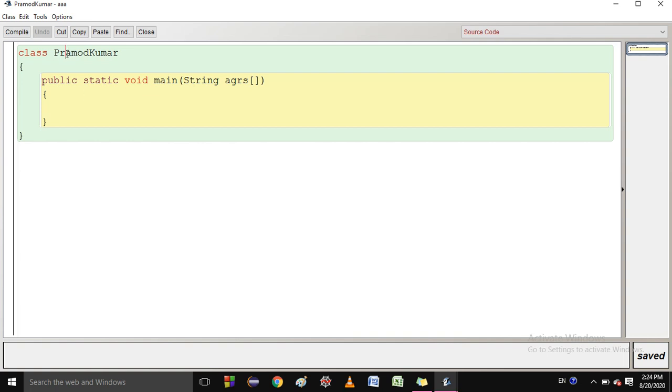So suppose I have written this, Pramod Kumar. This is a group name. So Pramod Kumar is a group name, and this Pramod Kumar has many entities, many objects. So you can make the objects, and you also know that objects will have, that means a cow can have its ears, its hairs, its legs. These are the properties of the cows, of the elephants. So in Java, these properties are called variables.